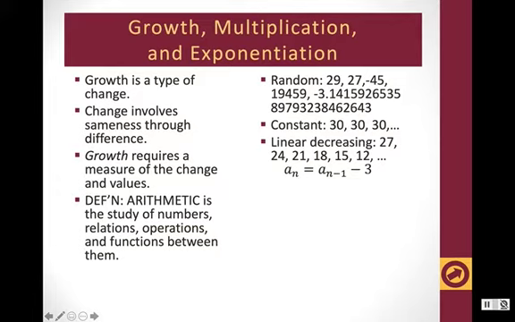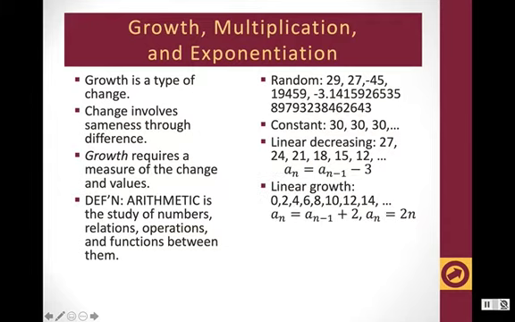So linear growth, then, is change just like this, but in a positive direction. For instance, take this sequence of non-negative even numbers. Each one is larger than the previous one. Each one is exactly 2 larger than the previous one. That constant rate of change of increase means we have a case of linear growth. Previewing what we're going to say about exponential growth, notice that we can come up with this sequence of numbers by letting each entry, a sub n in the sequence, be equal to 2 times n for all n greater than or equal to 0. So 2 times 0 is 0, 2 times 1 is 2, 2 times 2 is 4, 2 times 3 is